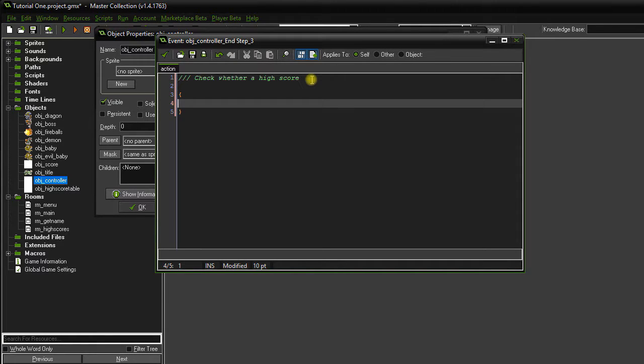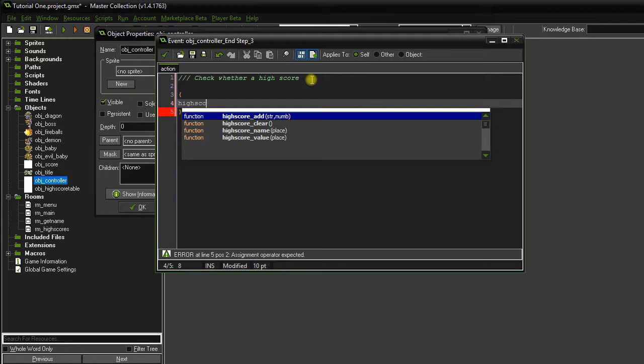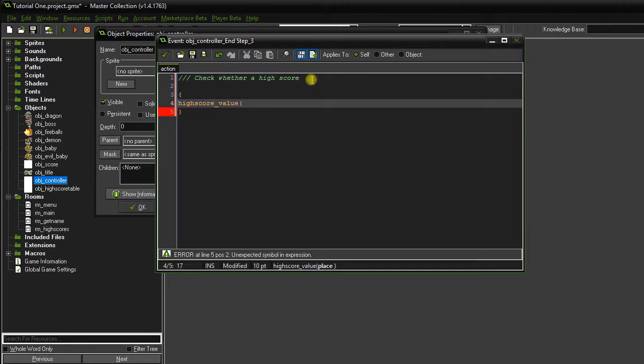Okay, in order to do this, we'll go for high score value, and we'll check the 10th place. So we'll check that variable in itself. We'll just check what the highest score is in the 10th place. We'll check what the score is in the 10th place. But what we're going to want to do is see if our score is greater than it. So if score is greater than high score value 10,